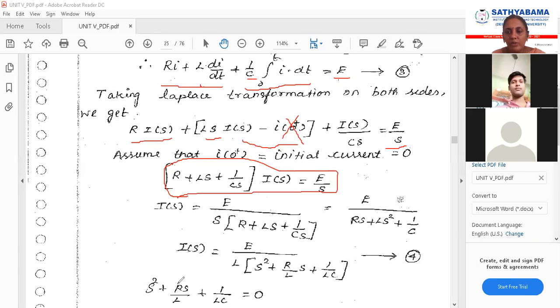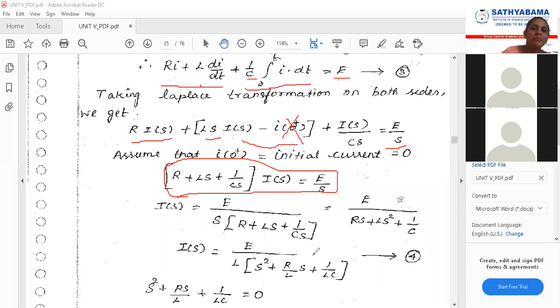Now here we are going to rearrange the equation. I of S is equal to E by S into (R plus LS plus 1 by SC). Or now simplify this much more. This will be E by (S square L plus RS plus 1 by C). Okay. Now again, I have to have